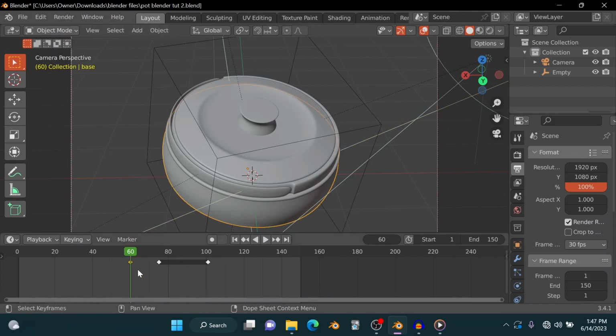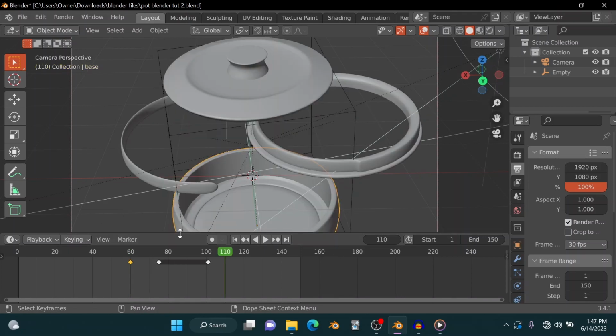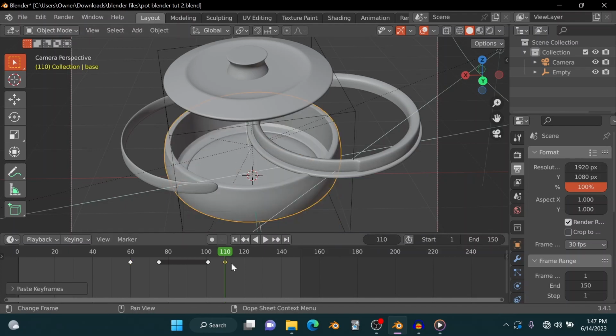Make sure that you are hovering over your timeline when you're copying. If you copy over here, it's going to copy the base and not the keyframe. So select the keyframe and just press Control C. Then at frame 110, I want my animation to go back to where it was. So if I just press 110 and then just press Control V,